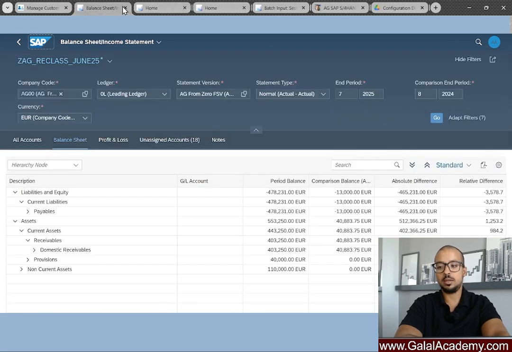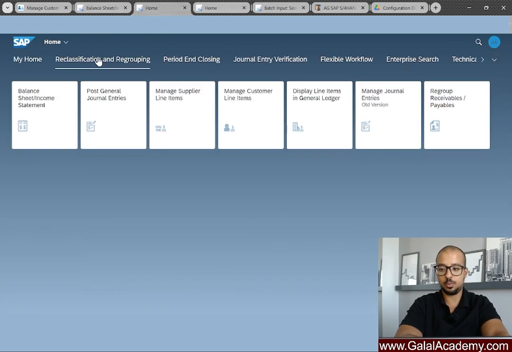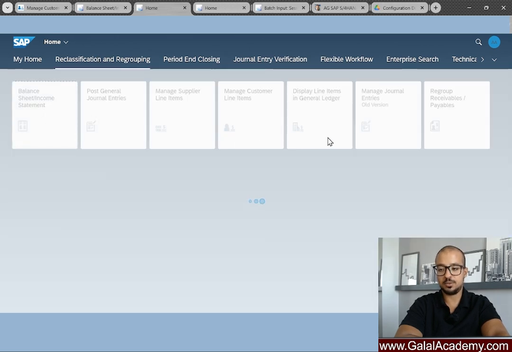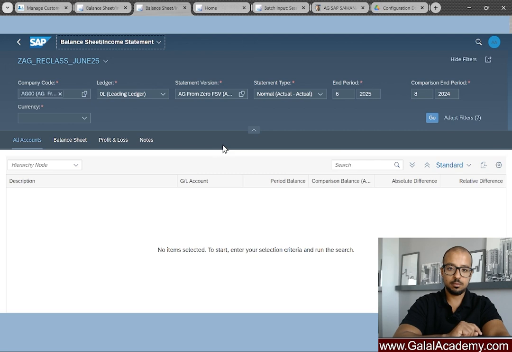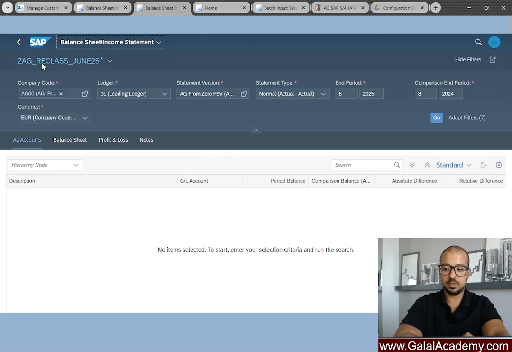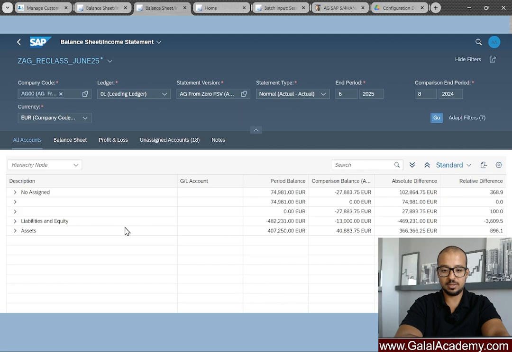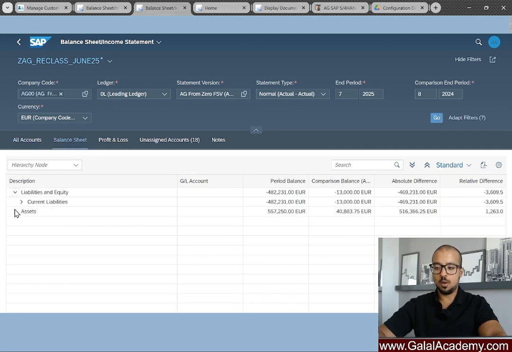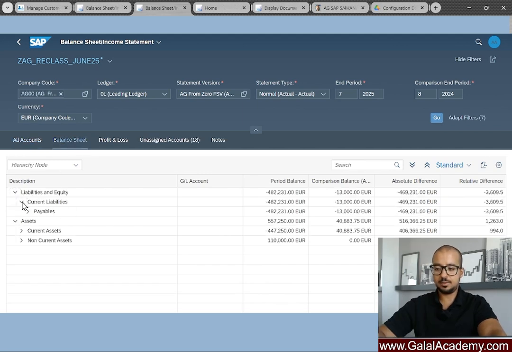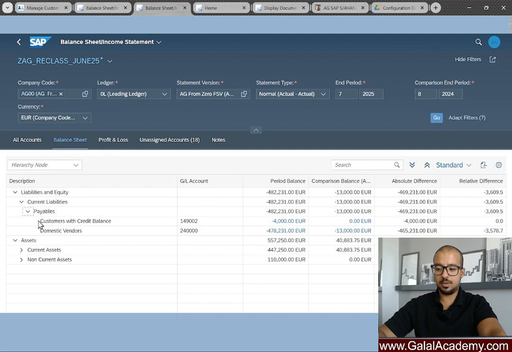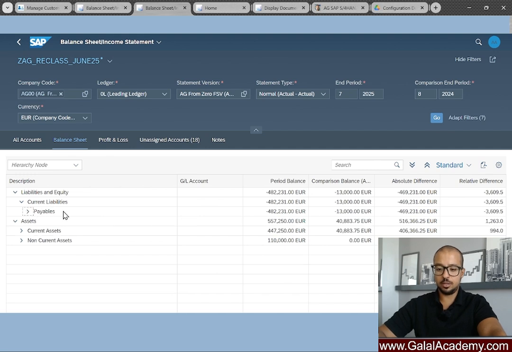Now let's go and look into a new balance sheet. I'm going to leave this one as is, and let's open another one. So go again to reclassification, regrouping, balance sheet income statement, and we run another balance sheet to see what is the result after. So we already have our layout here, as you see. It has been already selected. So click on go. Now open liabilities and open assets. Inside liabilities, go to current liabilities, payables. And under payables, as you see now, the total balance is